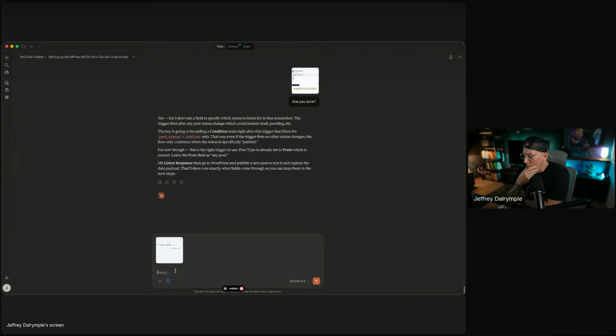Okay, so we set up the post and then we add the condition. I don't see where to edit the condition. Are we going to put the AI agent after the condition, or is it going to connect directly to the post and then we add the condition somewhere else? Let's go ahead and create the outline for everything. Walk through the process, but just keep it very simple.